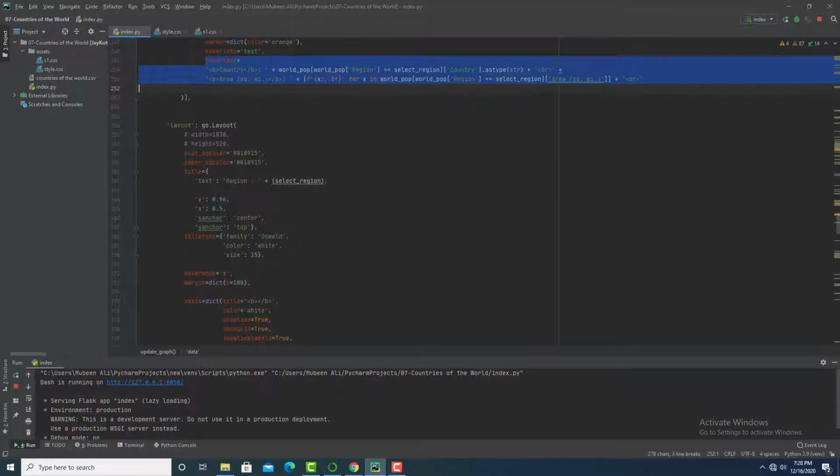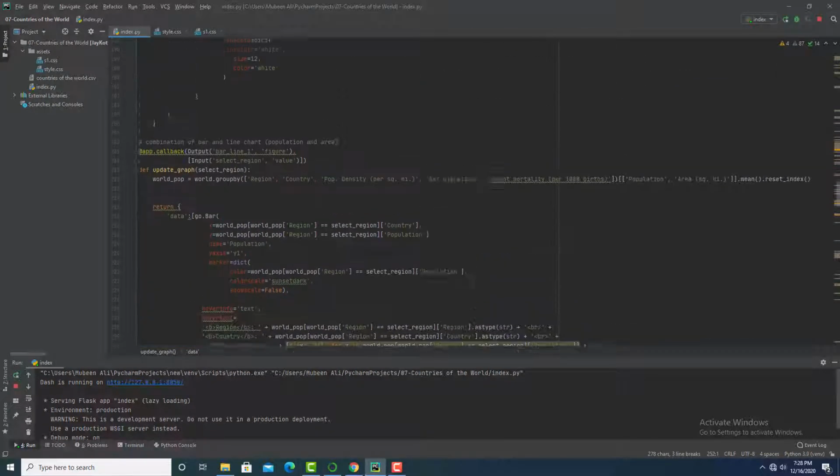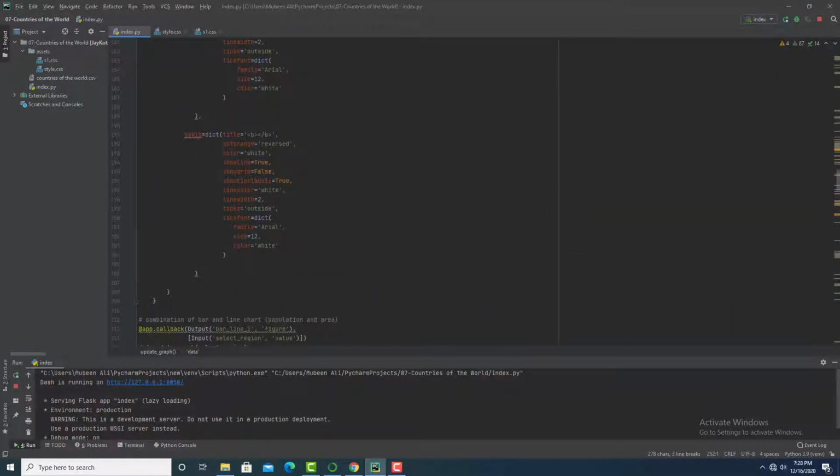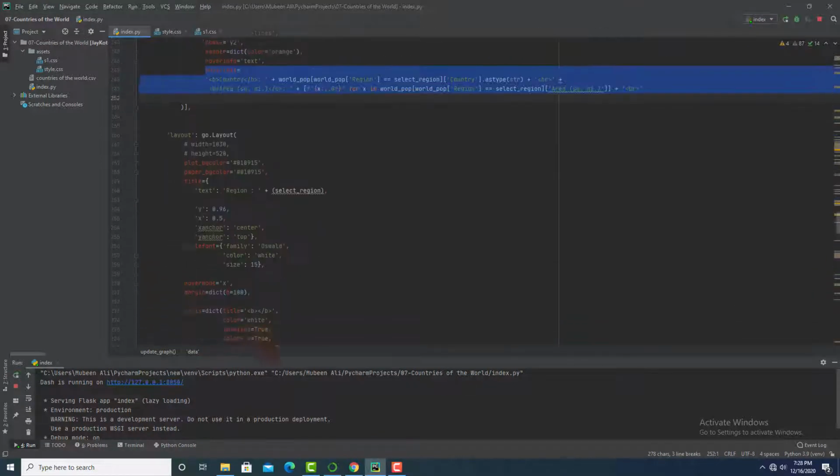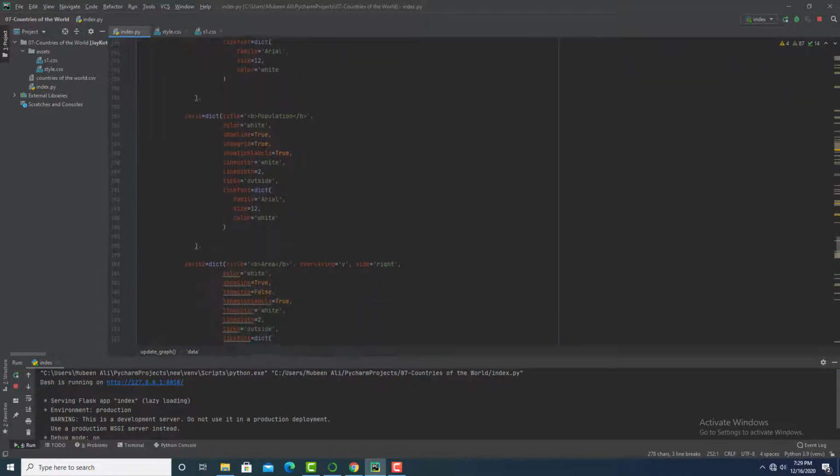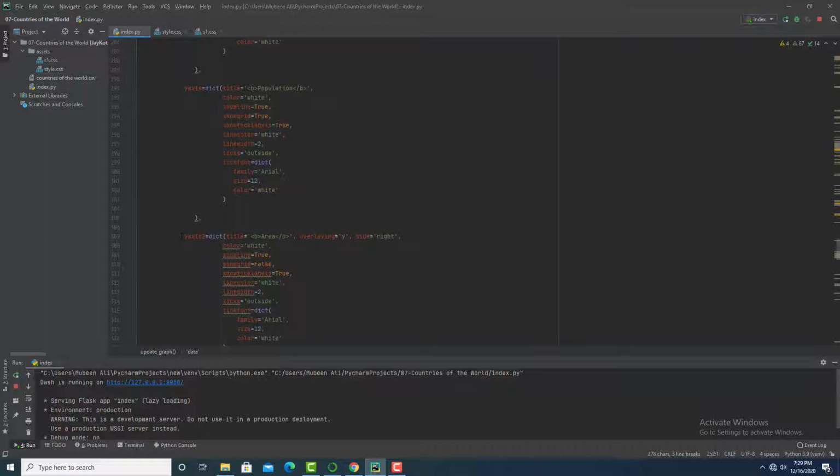After that, I have created the layout of this combination chart, as I created in the horizontal bar chart, except I have used this y-axis too, because this is the secondary y-axis and this is the primary y-axis. So all properties for these primary and secondary axes are the same, except these two properties are in the secondary y-axis.